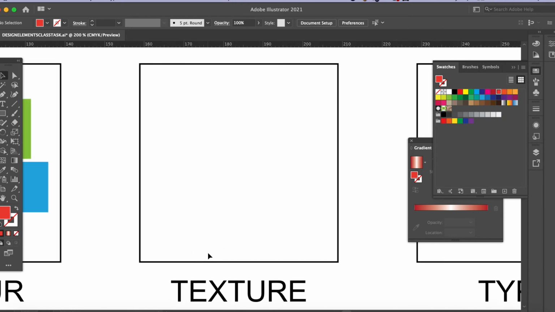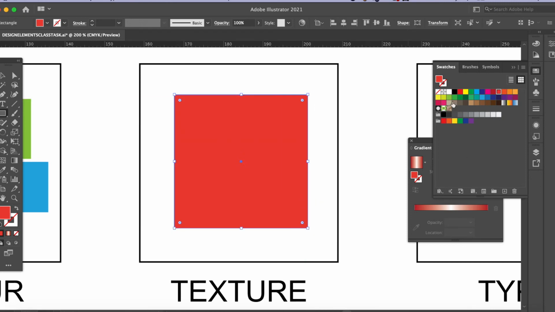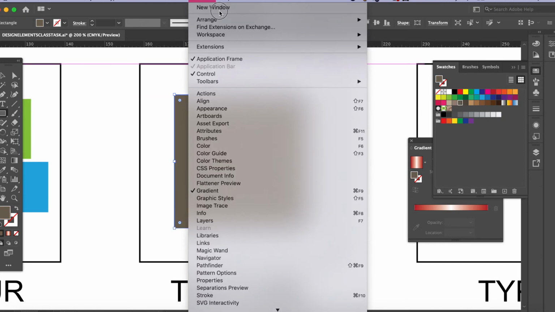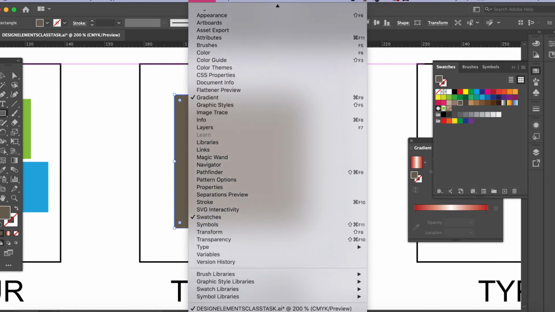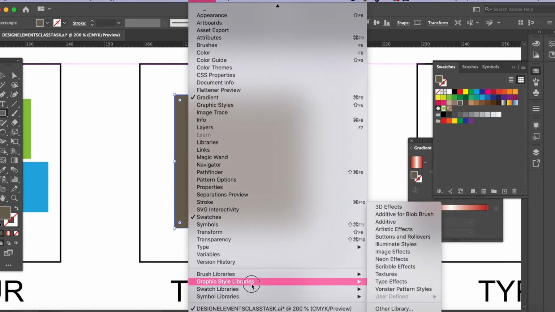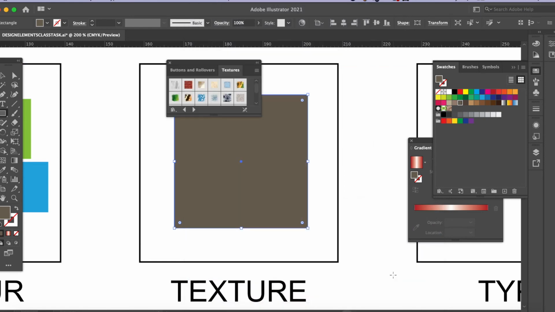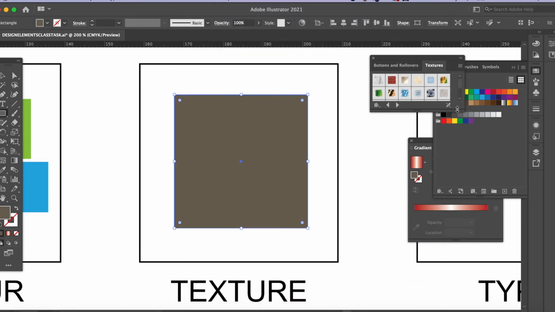Now texture. Texture is where you have sort of different lines or shapes that are all over a different area that show texture. So start off by drawing a shape. If you go down to Window, Graphic Style Libraries, Textures, and in here there's lots of different textures. Just choose one